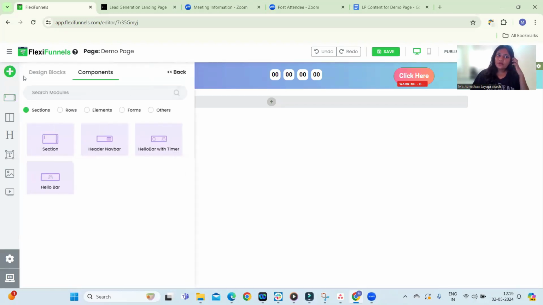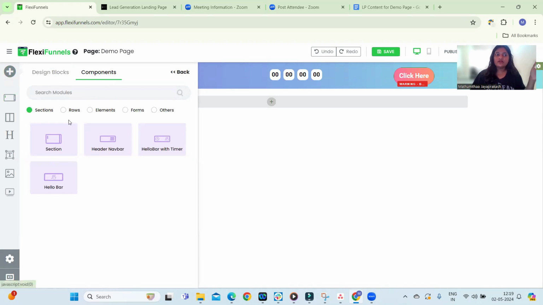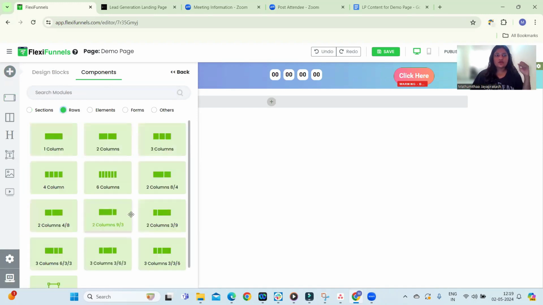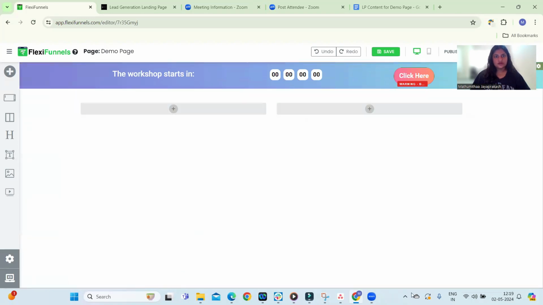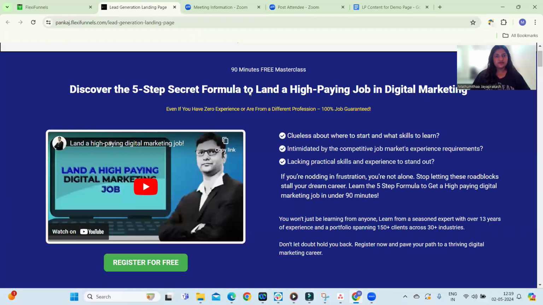So click on the plus button again. When you go to components, you have rows. In rows, you can see there's different options available. One column, two columns, three columns. You can choose how much ever you want and then drag and drop. I'm going to be creating two columns. And then we observe that there is a headline as well, headline, sub-headline, and there's a small text